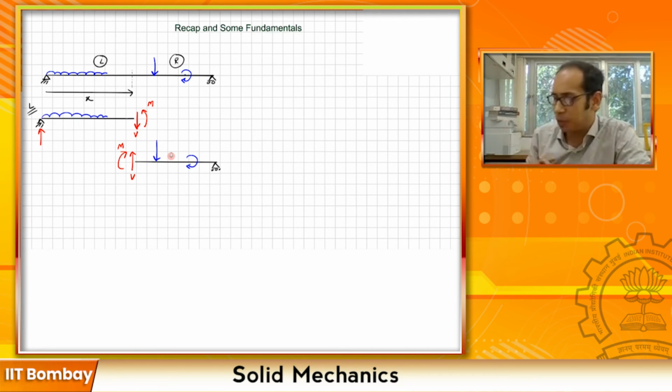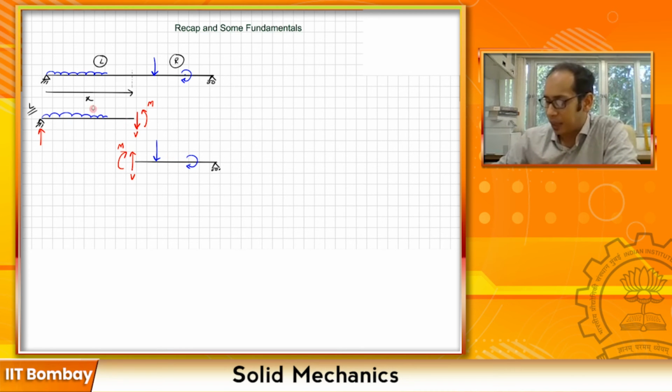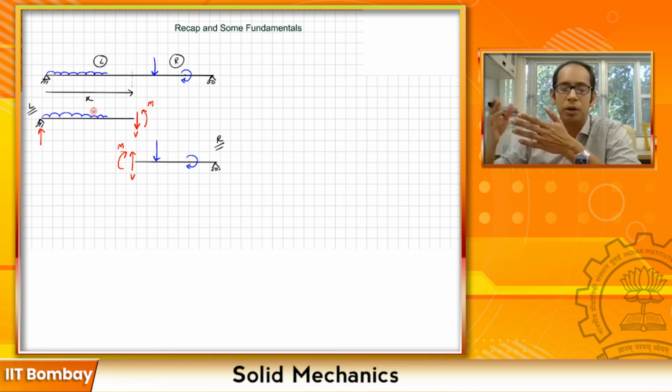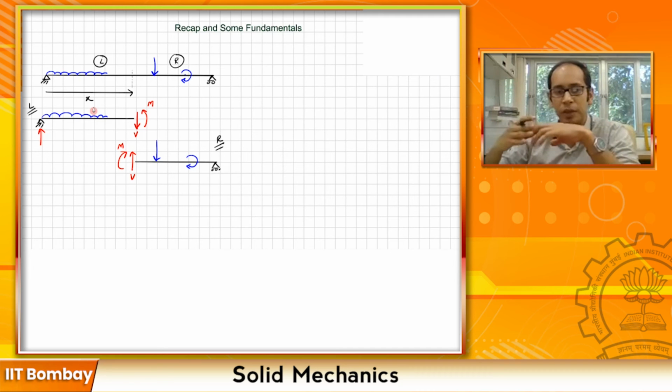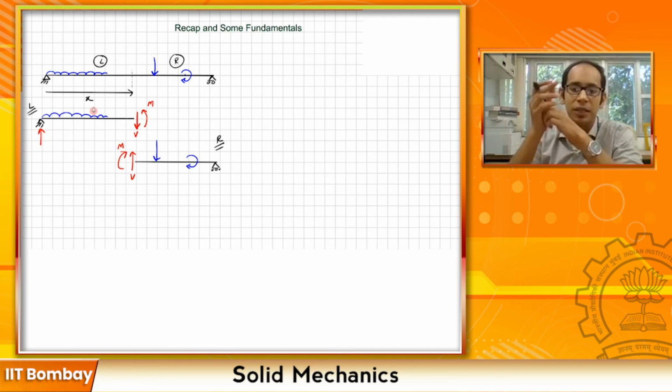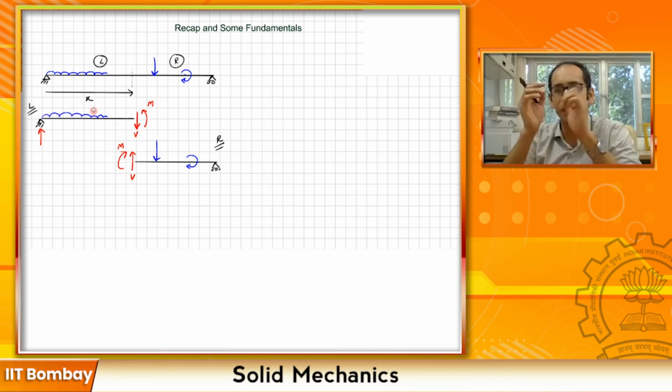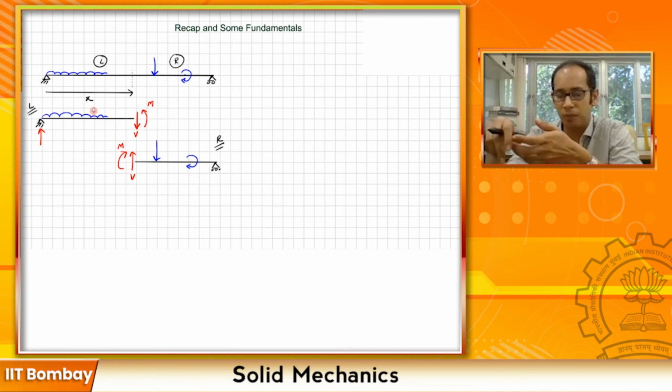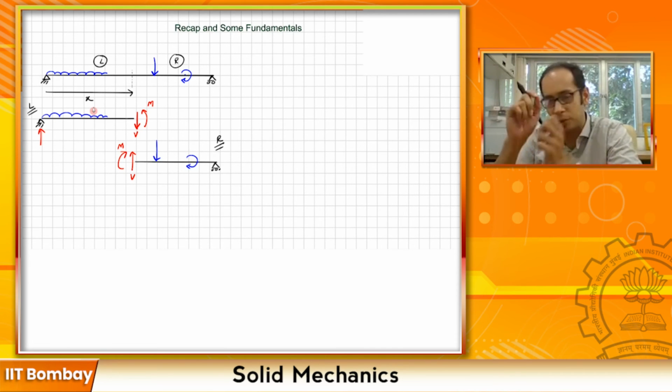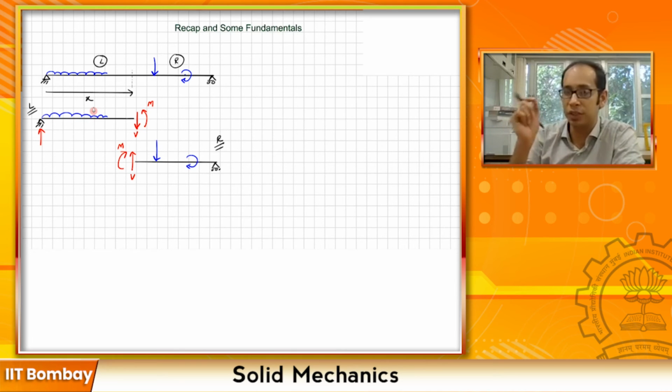Again, for this particular case, as you can tell, whether you're finding the M and the V from the left hand part, or whether you are finding the M and the V from this right hand part, it must come out to be one and the same, because your entire system is in equilibrium, and you've cut a section where the V and the M, whether you're calculating from the left hand side or the right hand side, should come out as one and the same. What you have to keep in mind is how you have initially marked.